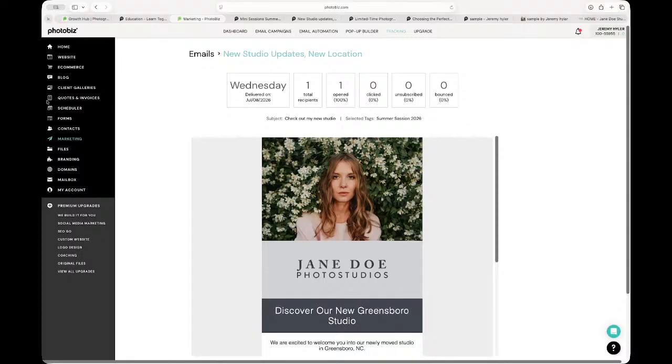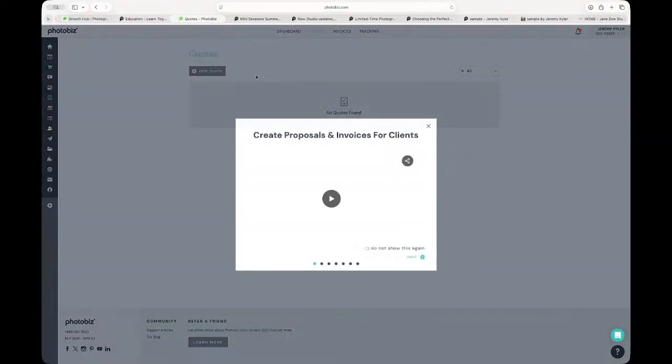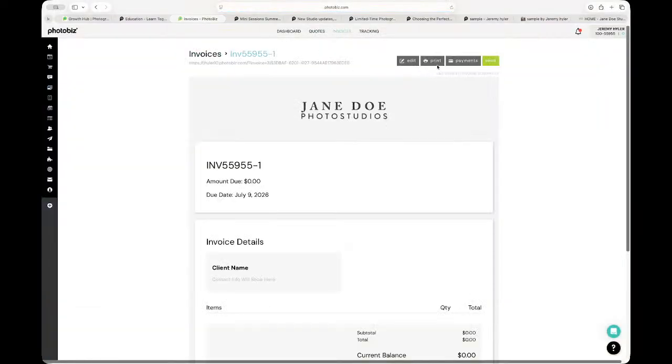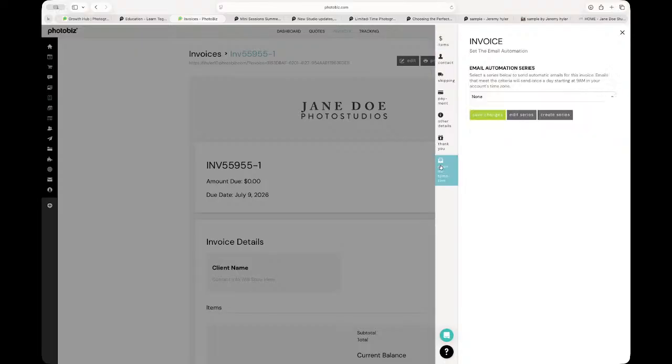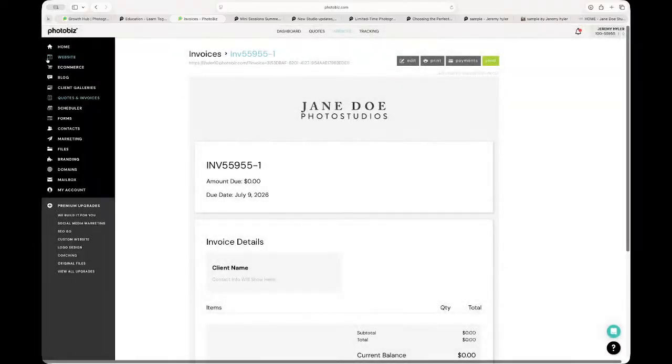You can set up email automations to fire on, again, quotes and invoices, so you can make sure that those fire that way. So any quote or invoice you can set up directly in here. Let's go to our invoices. So if I just create a new one, you can edit, you can turn on email automations. Boom. Activate all emails. Same thing can be triggered on